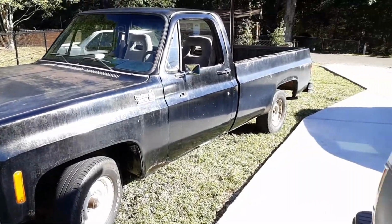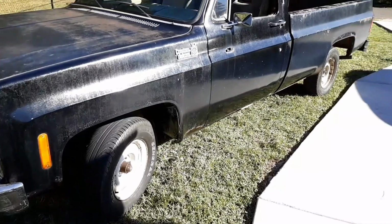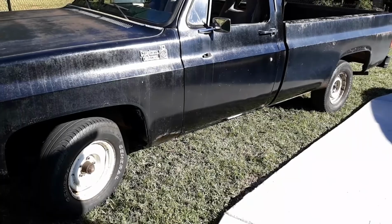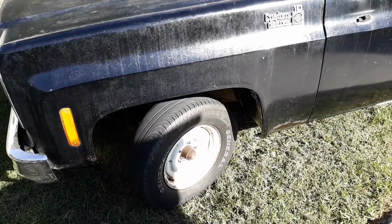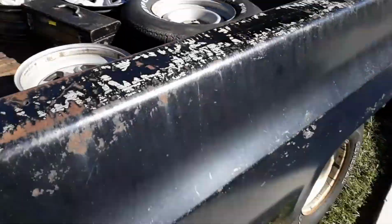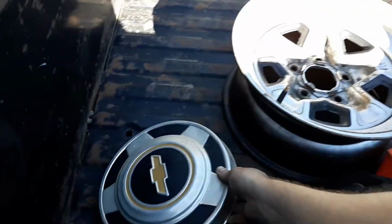Alrighty guys, we made it back. Damn truck did pretty good. Old Blackie is getting to be real good and reliable, and I'm liking it. I'm liking it a lot. So next is, and I'm not sure if I'm going to include it in this video or not, I'm going to pull the wheels back off here and paint those, put the dog dishes back on it, meaning these guys, they're chrome, they just need to be cleaned up. They're really dirty. So I've got all four of those. I'm going to put